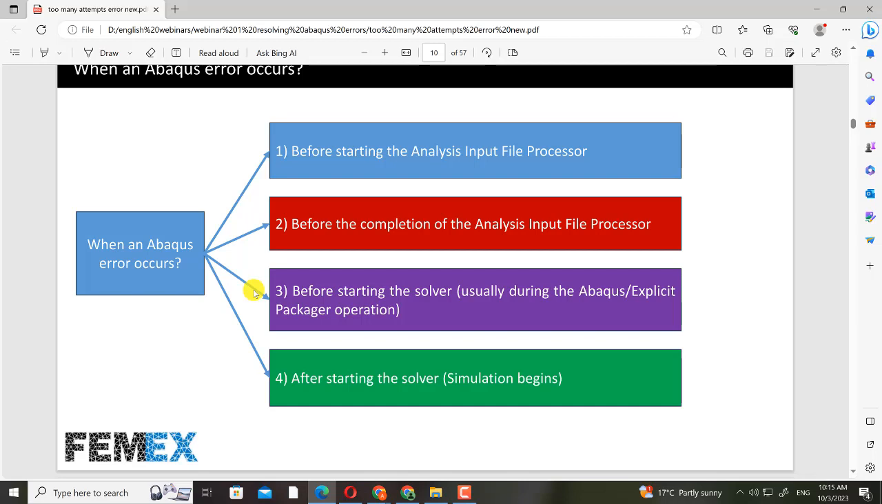And the parallelization of Abaqus explicit is much better than the Abaqus standard solver, because Abaqus standard doesn't have a packager. And sometimes during the packager operation, an error happens. And finally, after starting the solver, when the simulation begins,